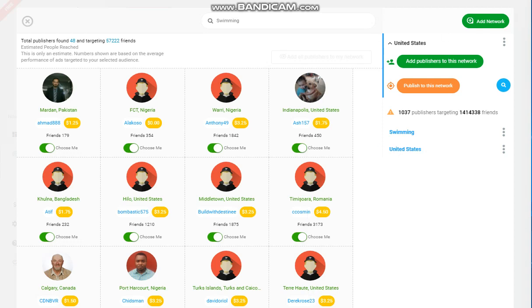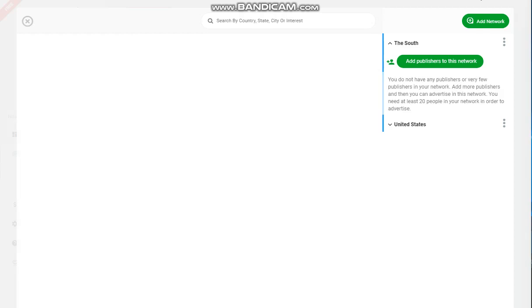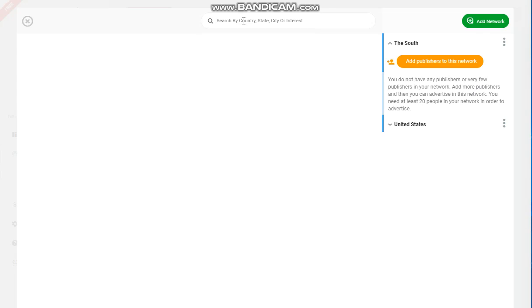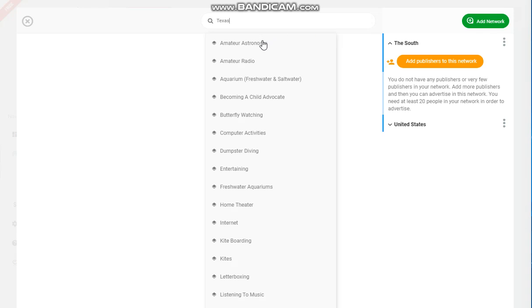It'll populate it over here. And now it has it populated. We can add publishers to this, or we can go back and change our mind again and publish to the United States. Remember, these have no publishers here yet. You do not have any publishers, so let's go and add publishers. It'll highlight the search bar. Let's look for Texas. We click, well,